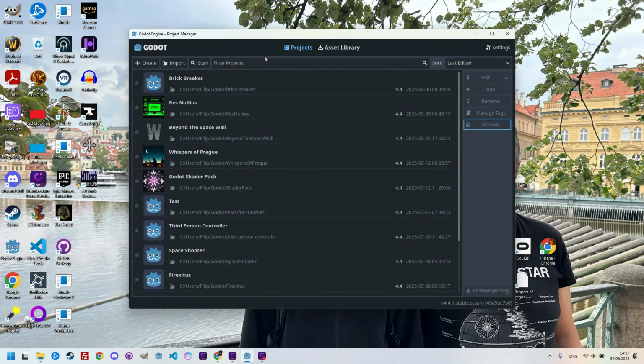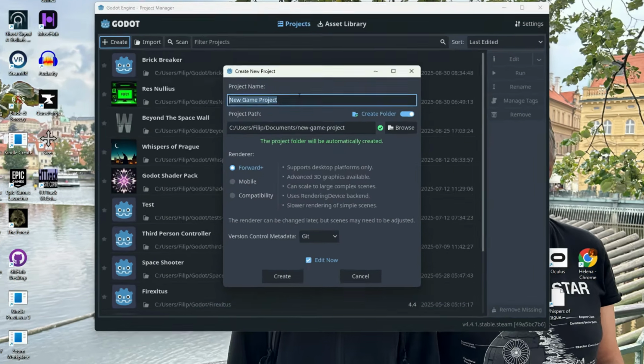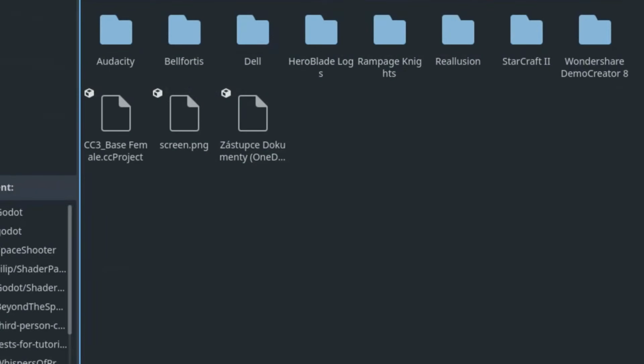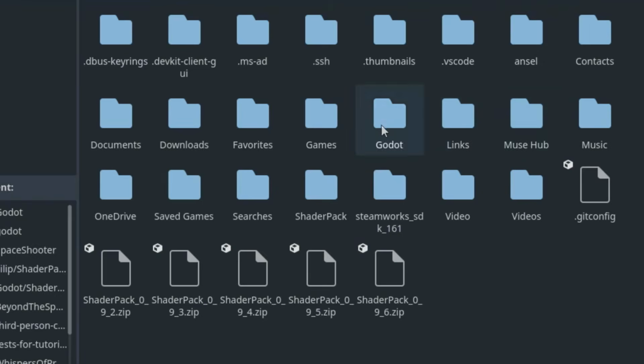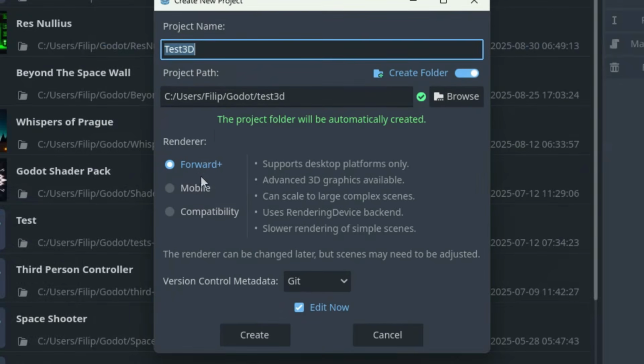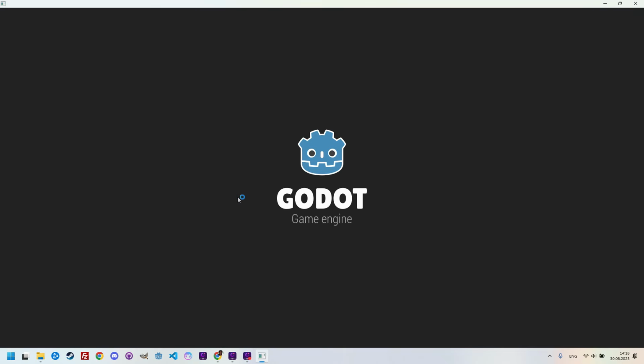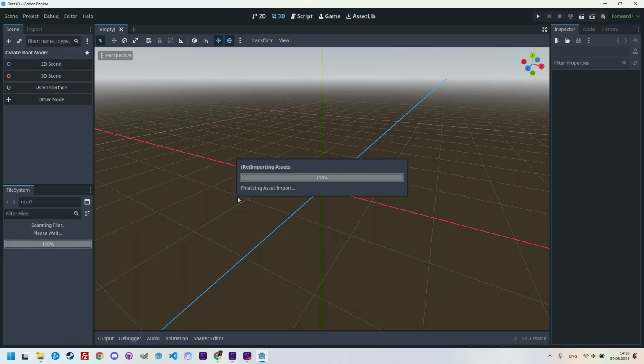So I've got the Godot open, specifically the project list panel, where we'll create a new project. Let's call it test3D and save it into a suitable folder. So I'm clicking create and calling it test3D. And let's browse for the folder. I think it's right here in Godot. Very well, select current folder, perfect. And the name, test3D, forward plus, let's click create. So the project is opening, and once it's open,